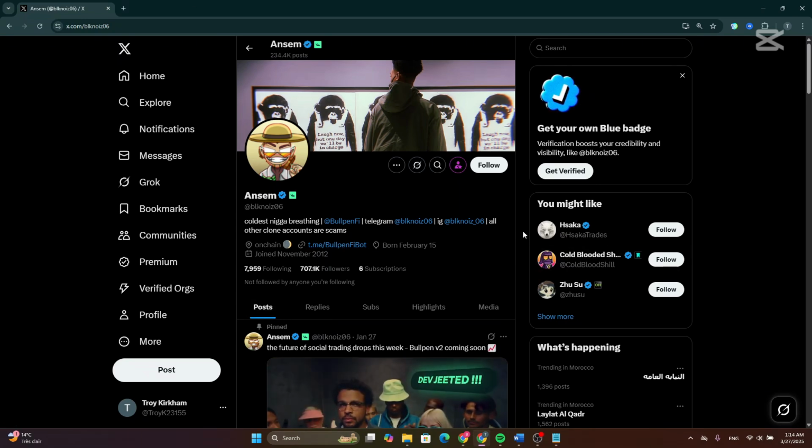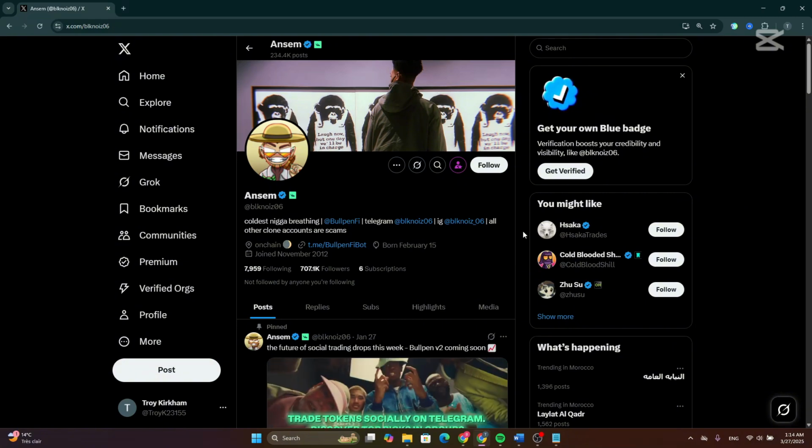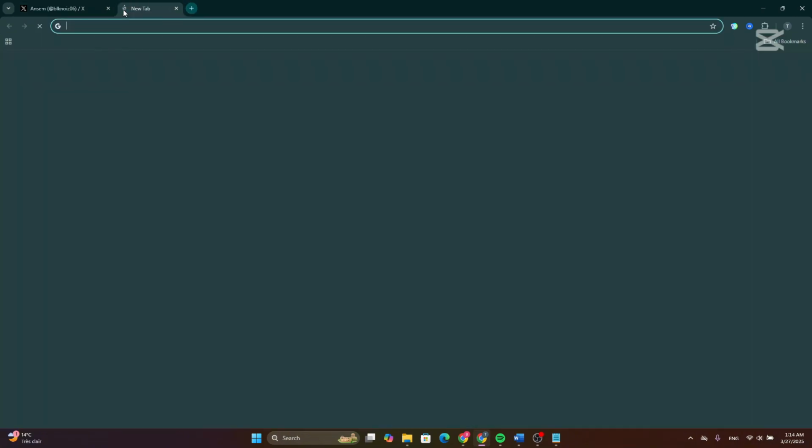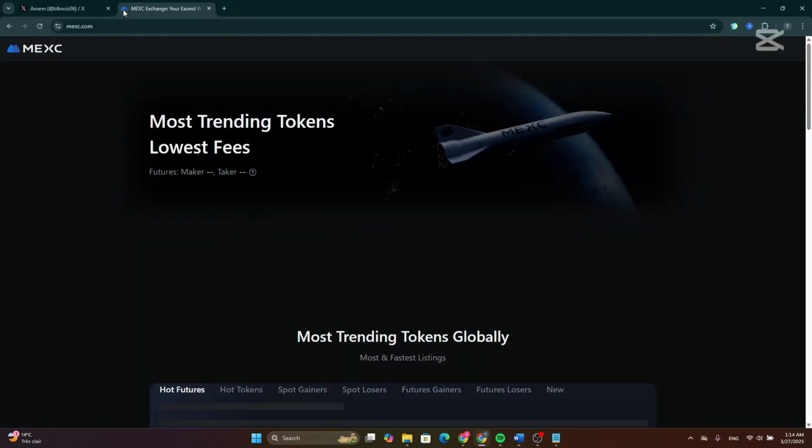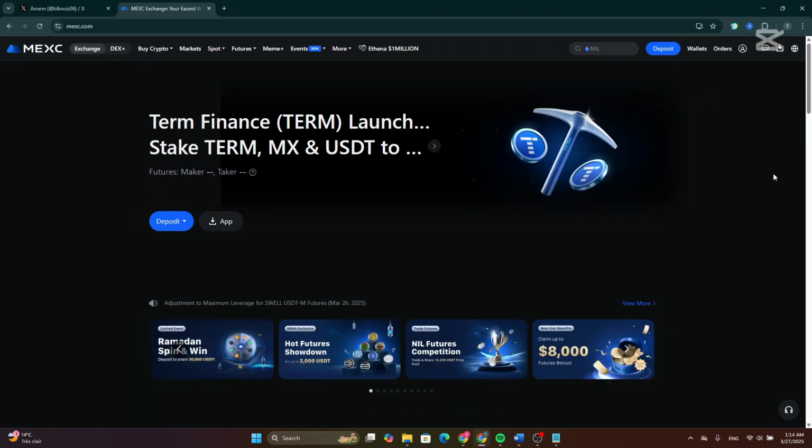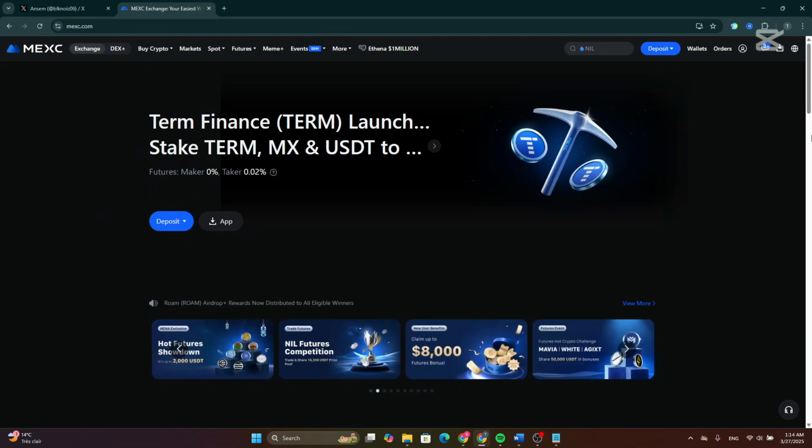So this token is available on MEXC to buy it. Now, how to buy this token on MEXC? Now go and open your MEXC account like that. Now, if you don't have an account on MEXC, go down the description and you will be able to find the referral link. Go and create an account in MEXC to benefit from rewards